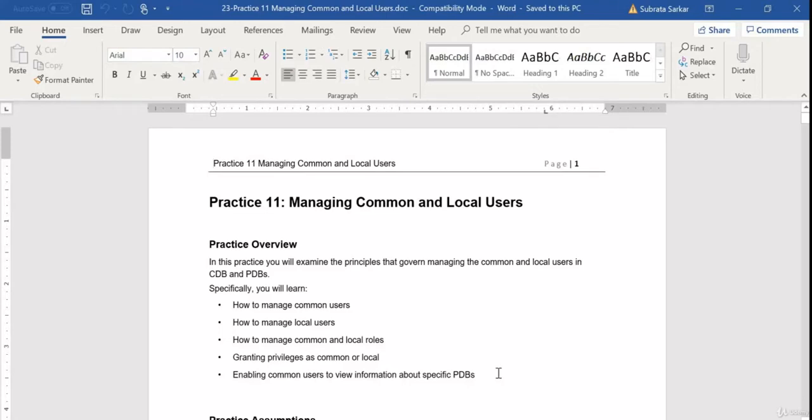So basically, we have two types of users in multi-tenant architecture. One is the common user and the other is the local user. The common user is created in the root and it is accessible. The common user can access all the PDBs, including the root. Whereas local users are created in the PDB locally, and it can access that particular PDB locally, but it cannot